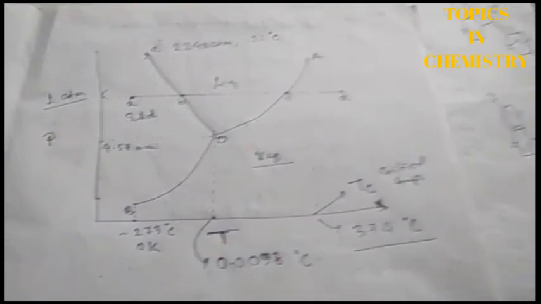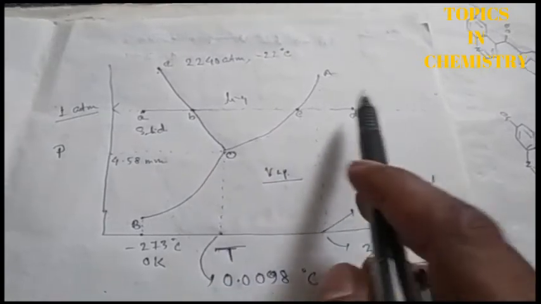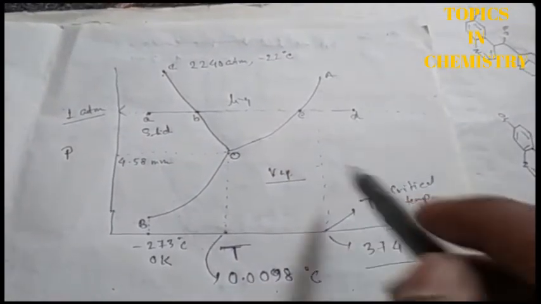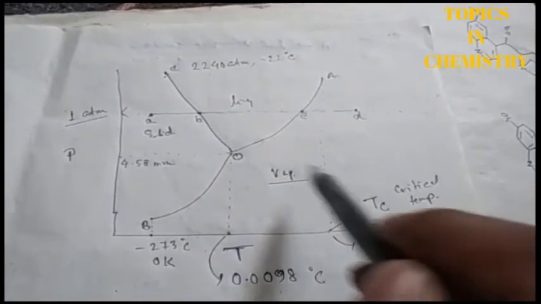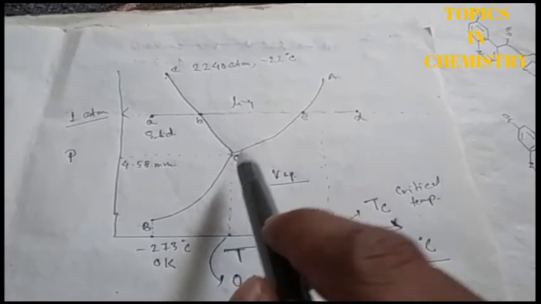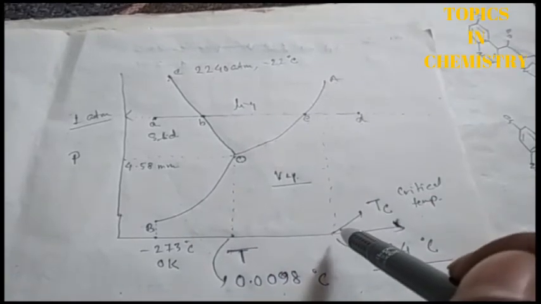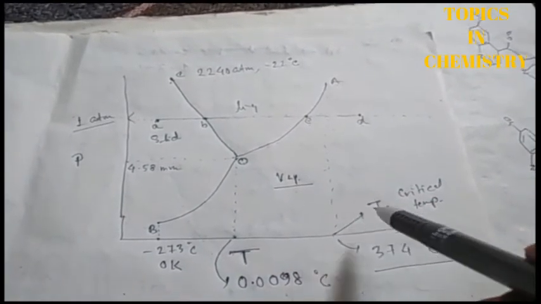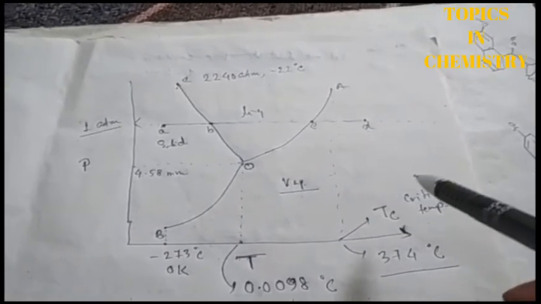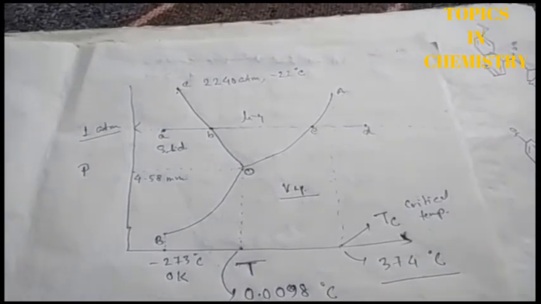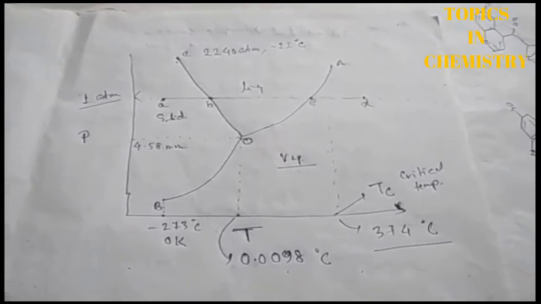From the phase diagram you can know there are 2 important points. One is the O point, the triple point, and another is the critical point, the critical temperature. These are 2 different points. At the triple point, solid, liquid and vapor, these 3 phases are in equilibrium. But at the critical temperature, after that temperature liquefaction is not possible, because after that temperature all liquid converts to vapor. So beyond that point no liquefaction is possible. So this is the phase diagram of ice.